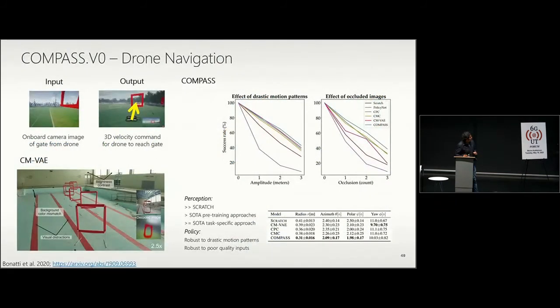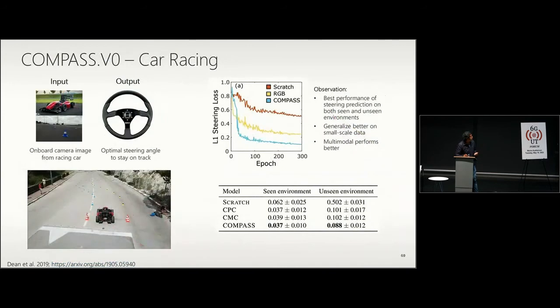Things like drone navigation, where you are taking an image, and from the image you're trying to figure out what the right control is, right? Where should you go? You can actually do that with pre-trained networks. Same thing with different form factors, not just for aerial. You can actually use the same fabric because it encapsulates the knowledge of how the visual perception moves as you move around in the world. This is all feasible, right?